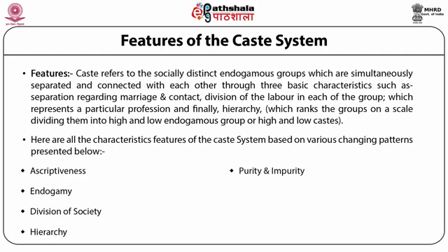Purity and impurity. It's one of the most important features of the caste system, as endogamous groups or castes are ranked according to their ritual purity and pollution, based on their deeds, occupation, languages, dress pattern, form of foods as well as food habits. For example, liquor consumption, consuming non-vegetarian food, eating leftover food of high caste, and working in occupations like lifting dead animals, sweeping and carrying garbage, etc., are considered to be impure.